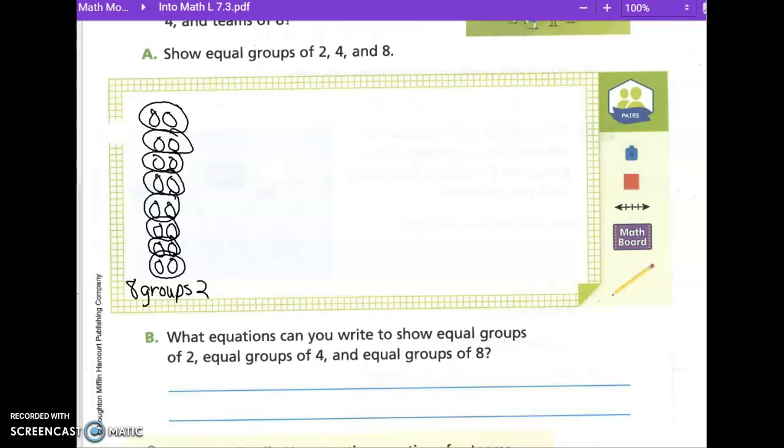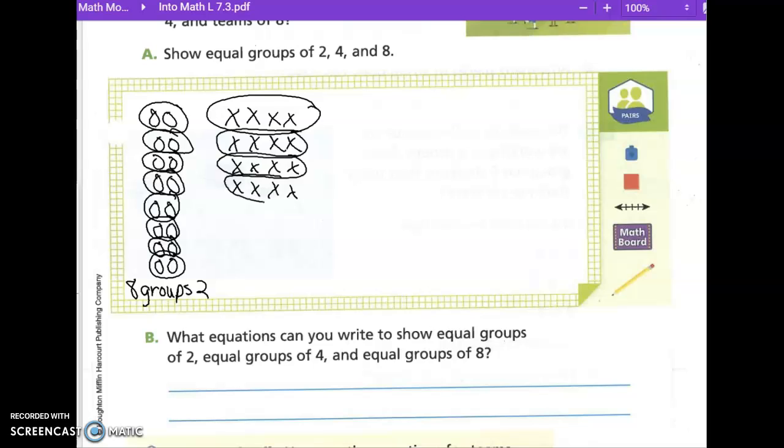Okay. How are we going to draw teams that would have 4? Okay, so we could say 1, 2, 3, 4. That's 4, 5, 6, 7, 8, 9, 10, 11, 12, 13, 14, 15, 16. And if we circle our groups of 4, how many groups of 4? How many groups of 4? 4 groups